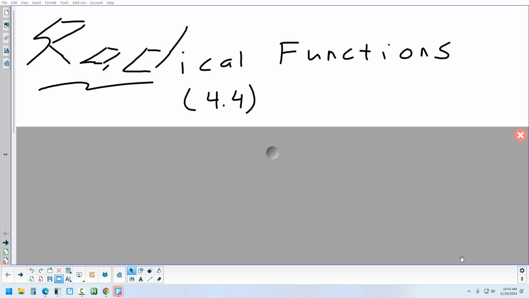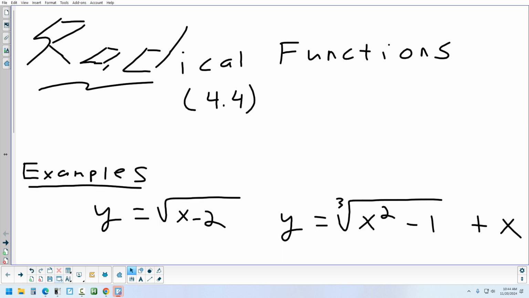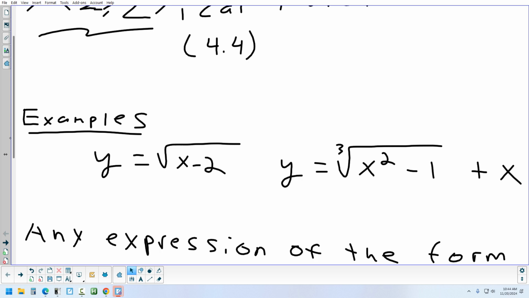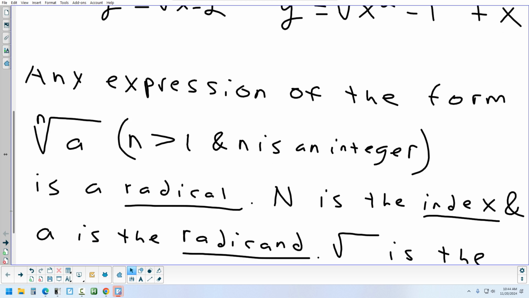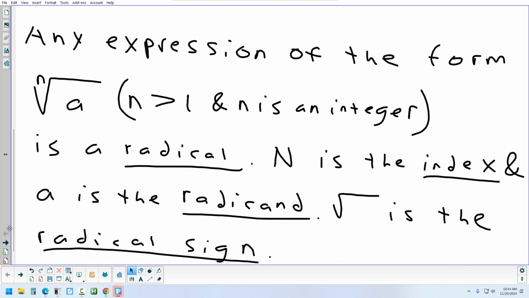All right, so last section we're going to look at is 4.4. Yesterday we talked about a few examples of radical functions. Okay? And there's a couple examples on the board. And then we went through some different terms. So I think I had added in